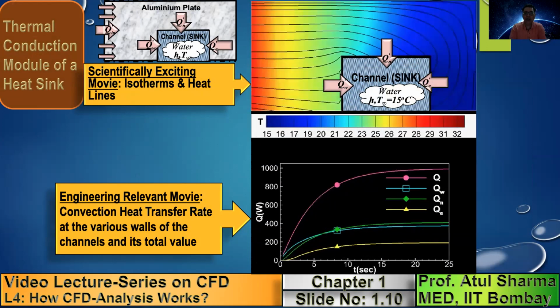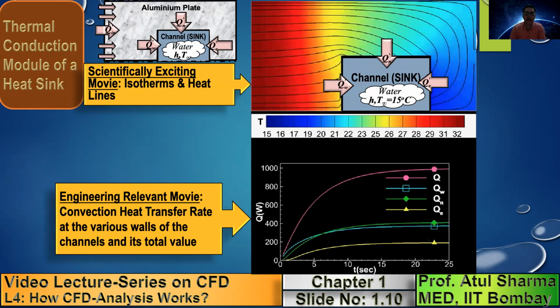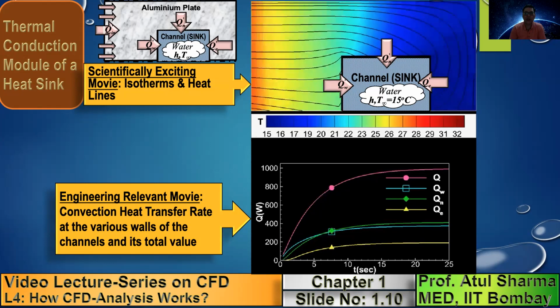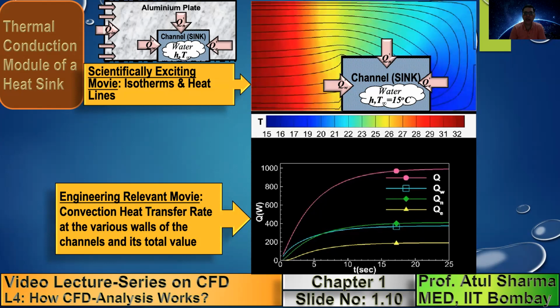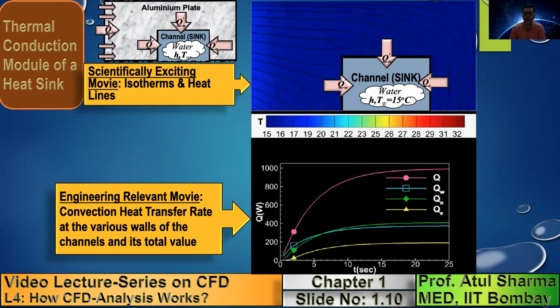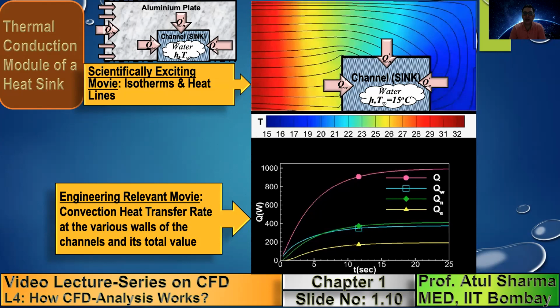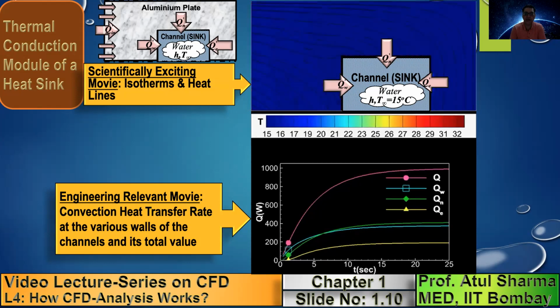This is a movie where the top movie corresponds to the scientifically exciting movie, where the actors are the temperature, and so what we are drawing here is called temperature contours. So once we get the data of the temperature distribution, we use that discrete data, like a grid point or pixelized representation of temperature, to plot these temperature contours. And this heat line is analogous to a streamline. Like a streamline denotes the direction of the flow, the heat line indicates the direction of the heat flow.